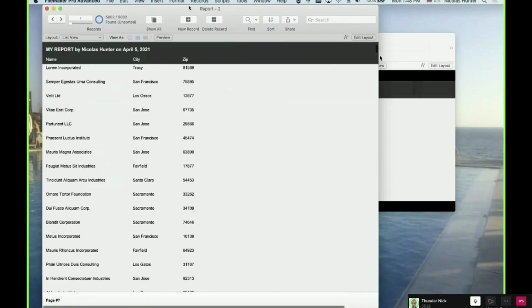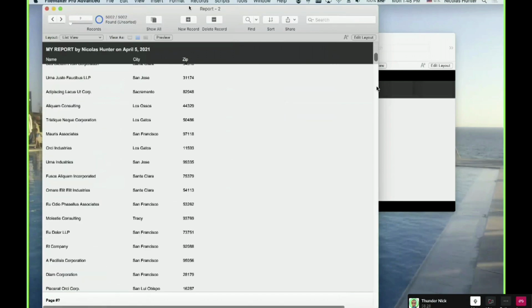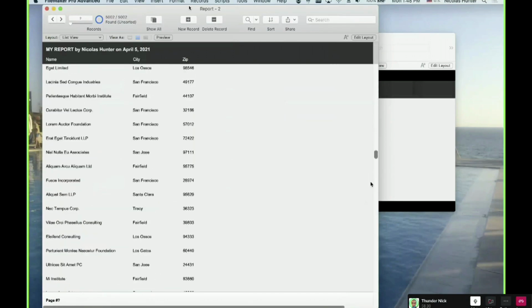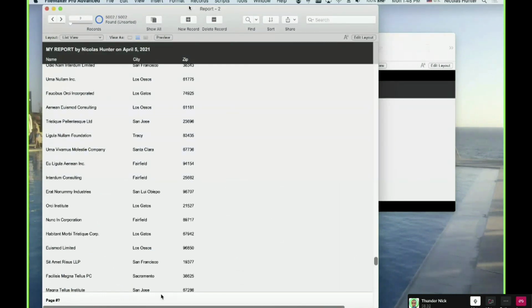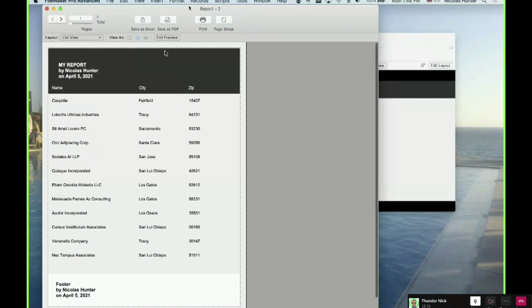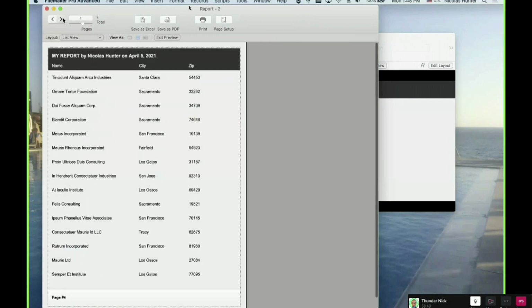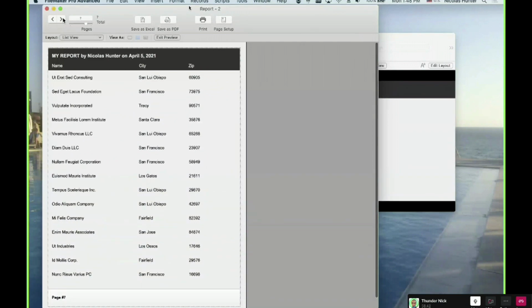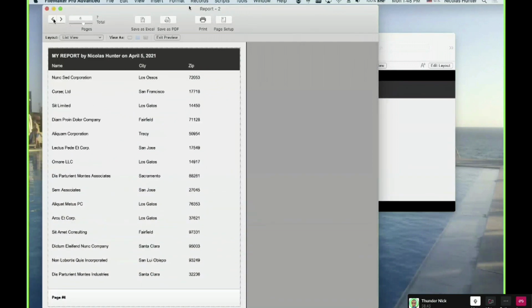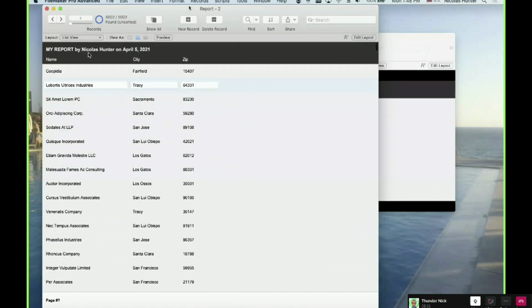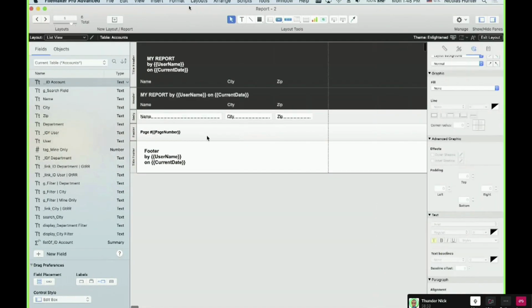You can scroll all the records up and down, and the footer will stay on the bottom and the header will stay on top. When you are printing, you are repeating the header and the footer on each page you print. So it's a fundamental difference between browse mode and preview printing mode. So let's now try to explore the next part.